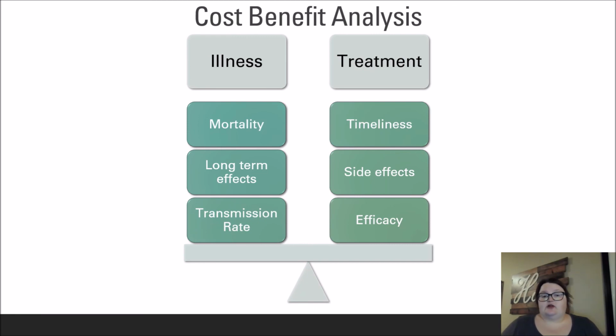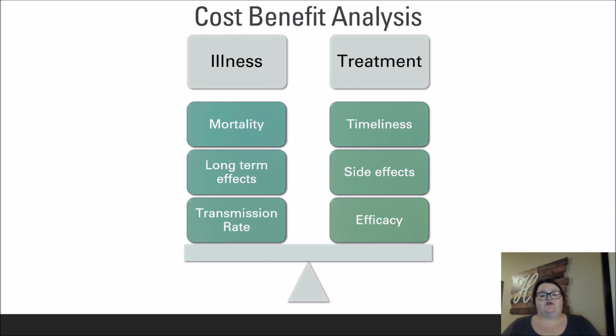We end this discussion on the idea of a cost-benefit analysis, which in relation to diseases is called a risk-benefit analysis. In this case, we are often looking at whether the treatment is more damaging than the disease, or is it better to build a natural immunity to a disease than to have it triggered via vaccination. For example, the risk-benefit analysis of getting varicella zoster, the virus that causes chickenpox and shingles, is very different in a child than it is in an adult. Furthermore, it would be different in a 25-year-old than a 55-year-old.